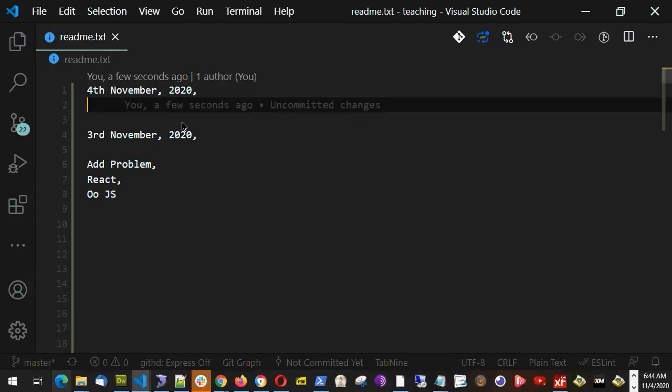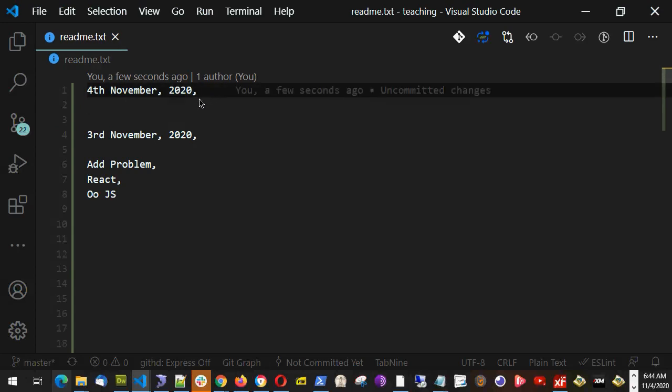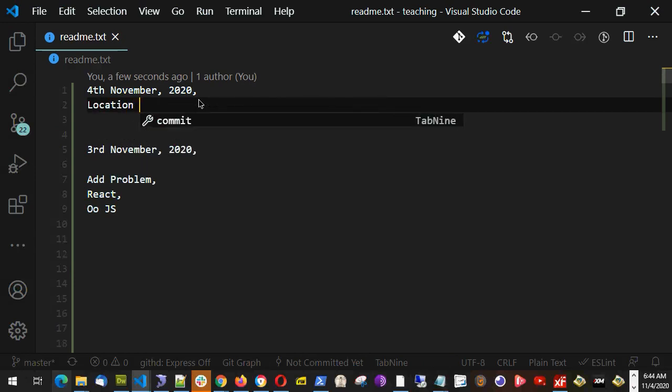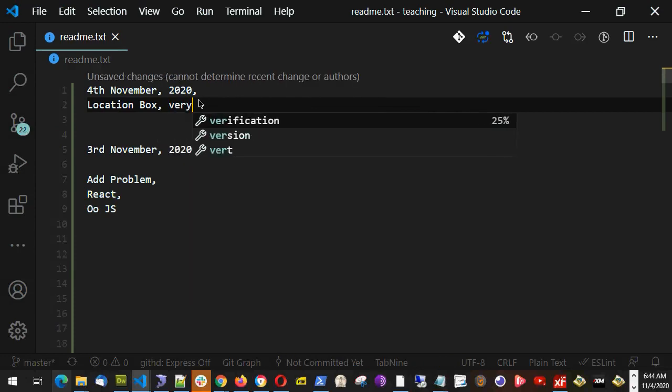So today is the 4th November. 4th November, 5th November and 6th November, that is 3 days, we will be building a very important thing, and that is called the location box. And this is a very useful tool